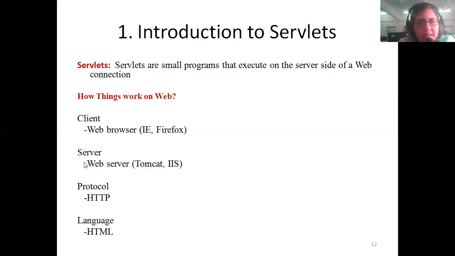Then comes the server. A server is a computer system with more processing power and a typical software which is capable of handling these client requests. To give an example of the easiest web server that students can start exploring, we have the Apache Tomcat server.